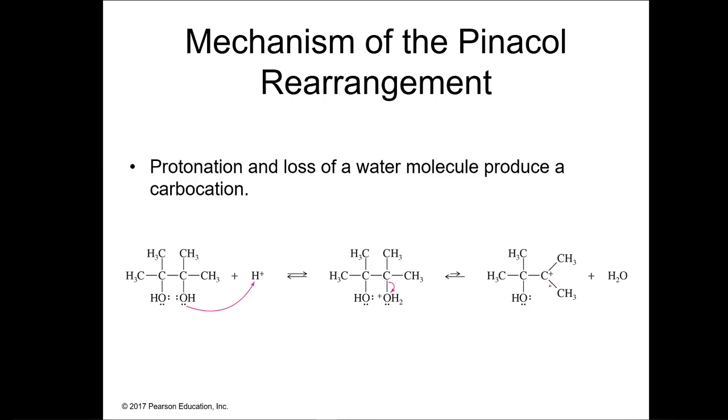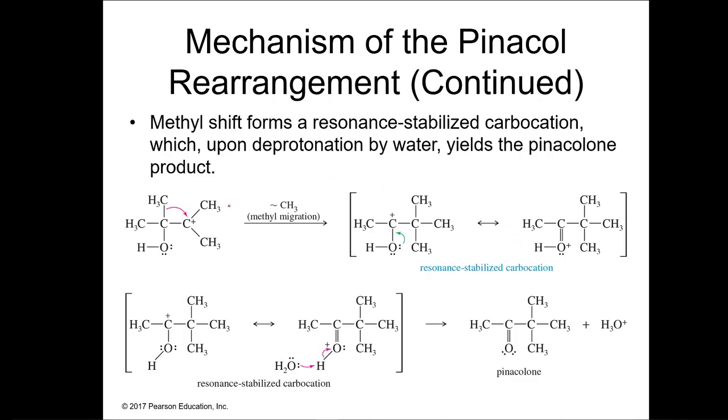Okay, so you're forming a carbocation. Second thing that happens is you're going to get a methyl shift. Okay, methyl shift over, and then you've got some resonance here between the positive charge being on the carbon and the positive charge being on the oxygen. And basically what happens is you get a deprotonation of that oxygen and you form the double bond. That's the pinacol rearrangement. It's similar to a lot of the other carbocation rearrangements we've looked at, but this one's somewhat unique in that you go from a vicinal diol